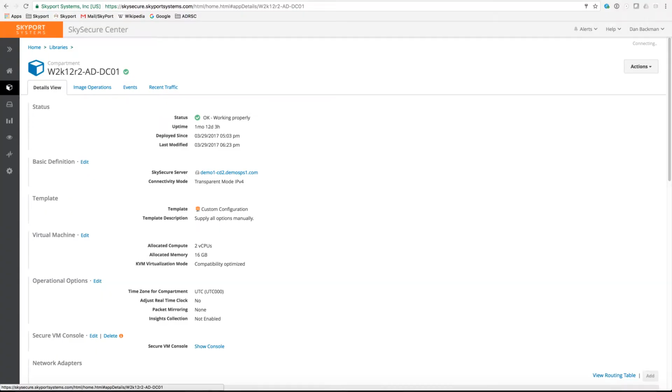Now let's take a look at the actual system when it's up and running. The first thing you'll notice is how streamlined the configuration is designed to be. This is to enable this self-service or cloud experience for your end users. With this system, you don't need a PhD in virtualization or even an advanced network configuration to securely deploy a highly available, highly secured system in a remote location.